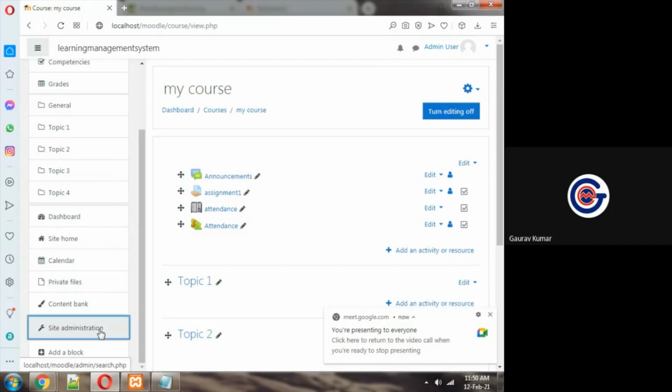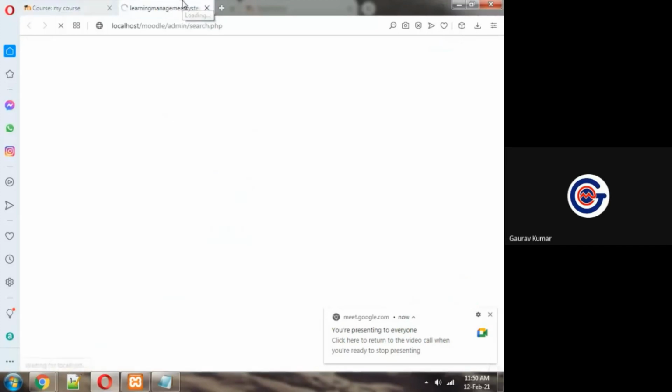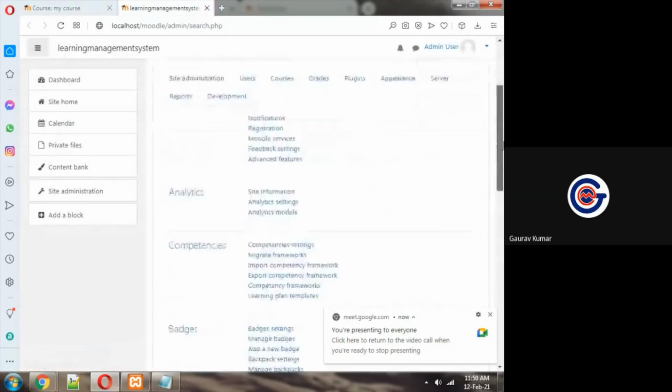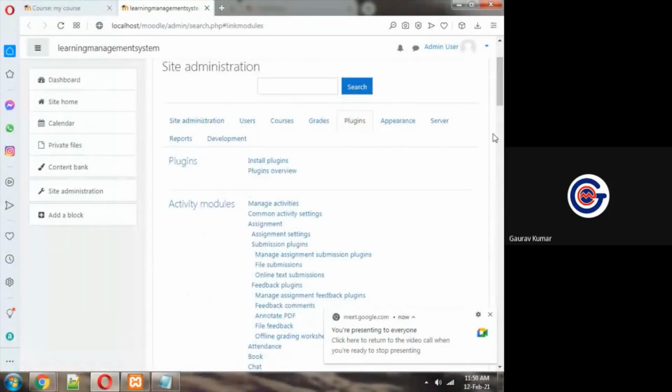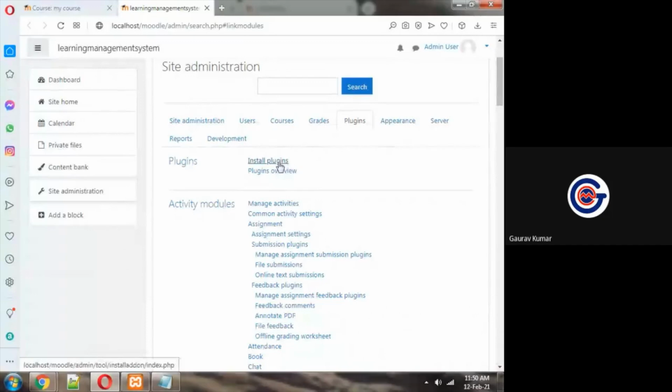Site administration. I am opening site administration in a new tab. Site administration, and you can see plugins. In site administration, plugins, install plugins. Now I'm telling you how to add different modules.